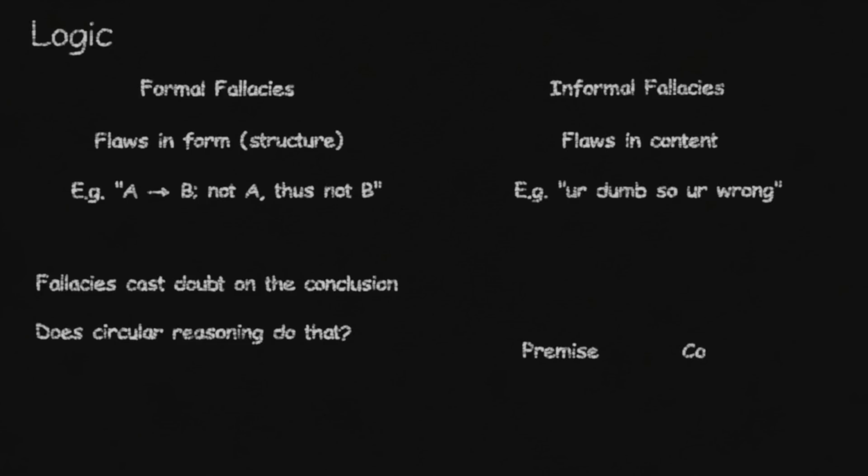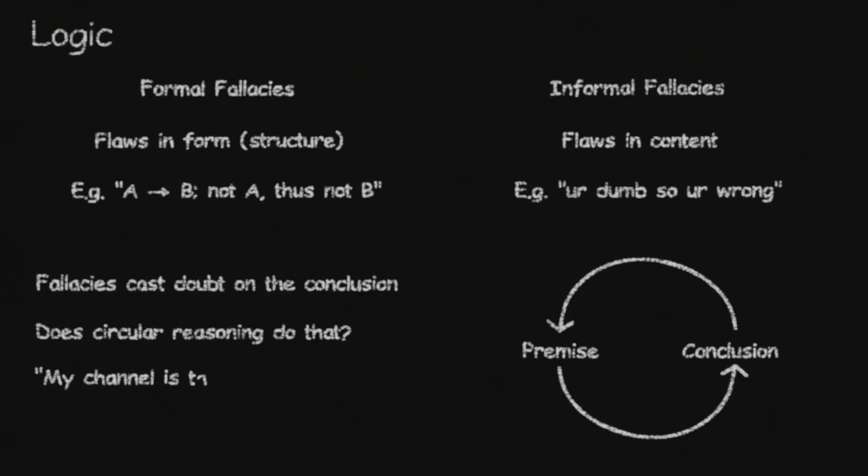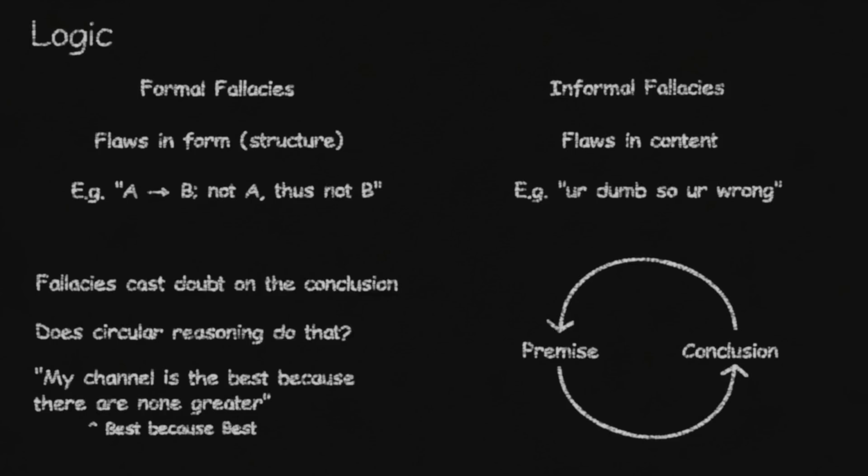Well, circular reasoning is a type of argument in which you end where you begin, much like a circle, hence circular reasoning. The shortest way to do this is to simply repeat a proposition as both a premise and a conclusion. Generally, this is done in a somewhat deceptive way. For example, I could say that my philosophy channel is the best philosophy channel on YouTube because there are none greater. In this, I have essentially said, my channel is the best because it is the best. This, when a circular argument chain is of length 1 or 0, however you want to count it, is usually referred to as begging the question.